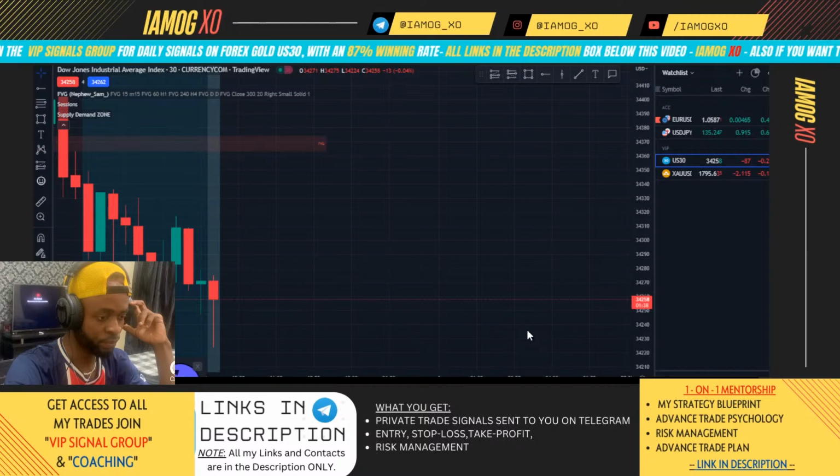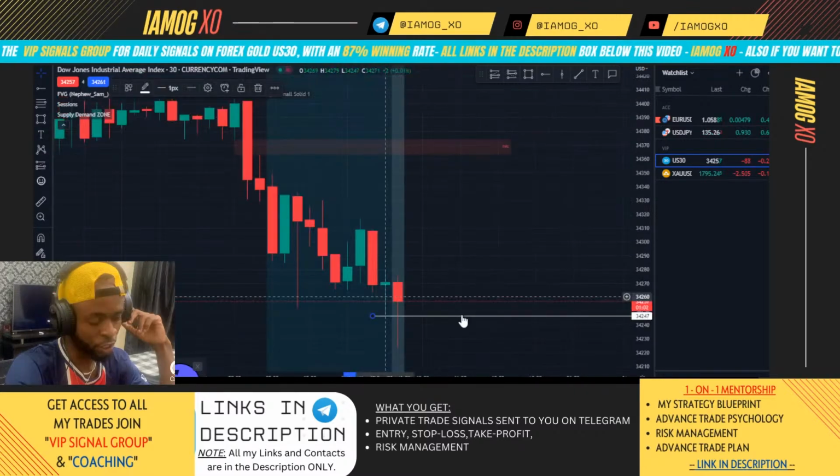If this next candle on US30 closes as a bearish candlestick below this bullish candle, like closing below this white line, this bullish candlestick, then I would be looking to take a buy, because this is indicating a manipulation of the sell side to go up, to go long.